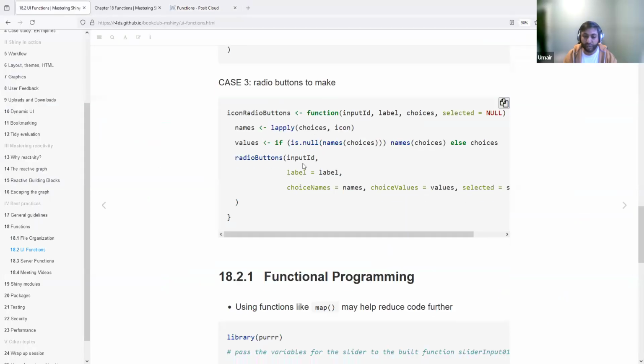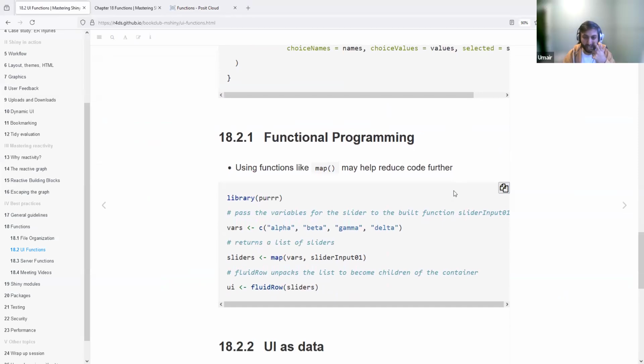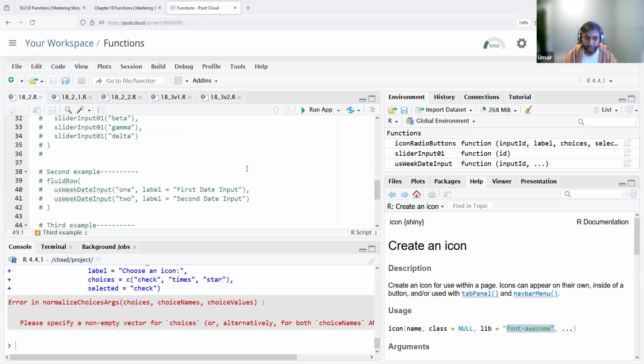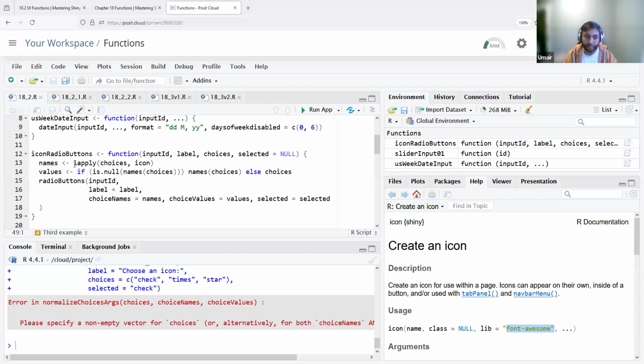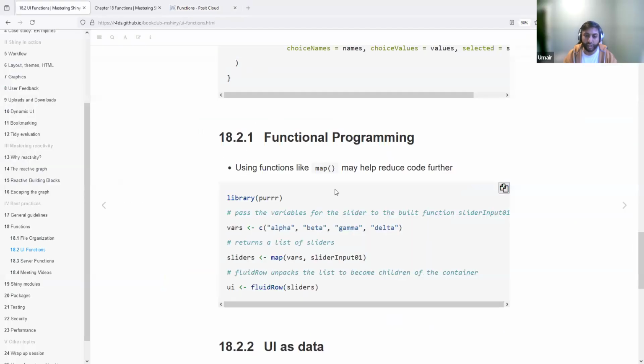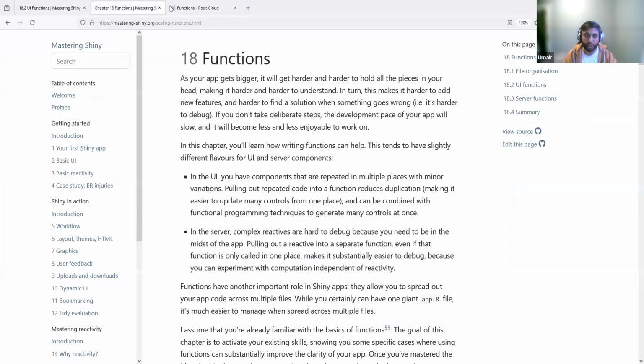Okay, so moving on to the next point, using functional programming. We've already seen one example where functional programming is used. For the previous example, lapply is used, where it takes a list or vector of some values and then applies a function to each of those values. Similarly, we have the purrr package in the tidyverse that also allows us to do the same thing using the map function. So in this case, this is example